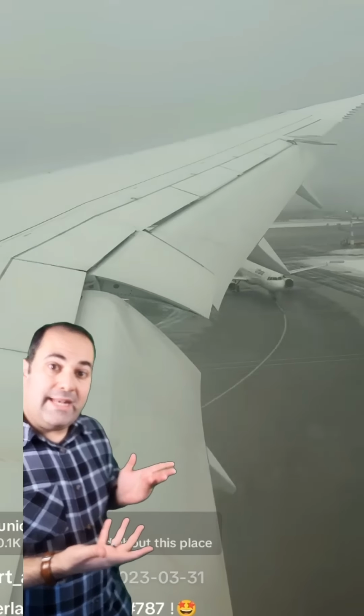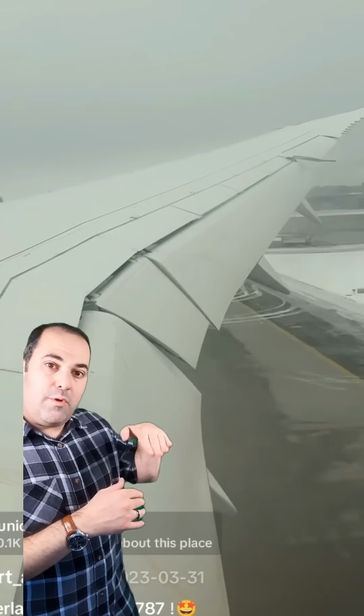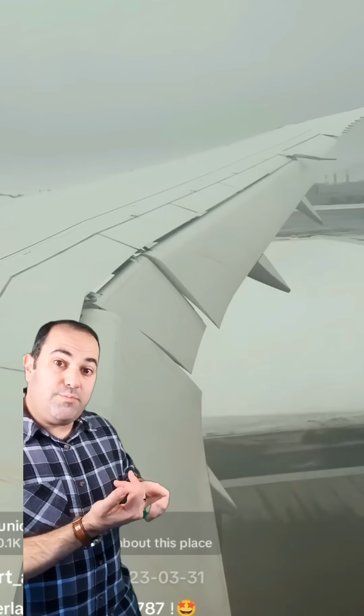This is a 787 landing, and you can see that inboard aileron working really hard in conjunction with the spoilerons and the aileron on the tip of the wing. So it's possible that while you were banking, while you were looking out your window, there were either spoilerons working on the other wing, or you were looking at the outboard aileron and not the inboard one. That's my guess, but